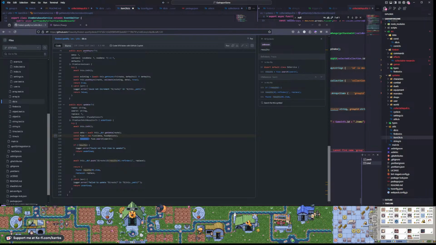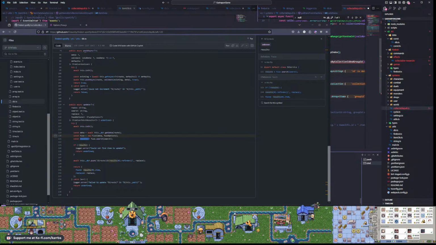Something like that. Alright. That's cool and all. Honestly, this could probably be commented out. We can do item database service dot